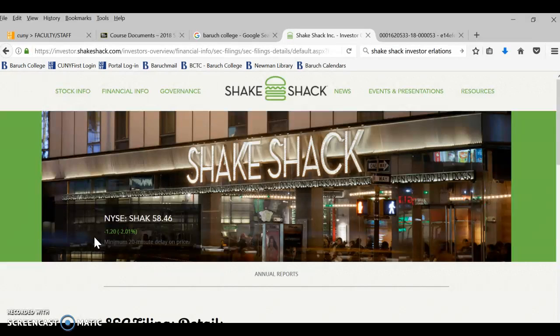So my project will be over Shake Shack, which is a very famous and popular burger place. It went public a few years ago and I want to dive in to do an income statement analysis to see how it has performed financially since it went public. So I went to the investor relations website of Shake Shack and downloaded the 10Q and 10K and started